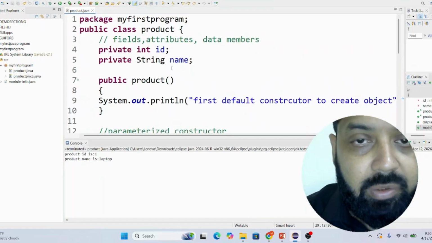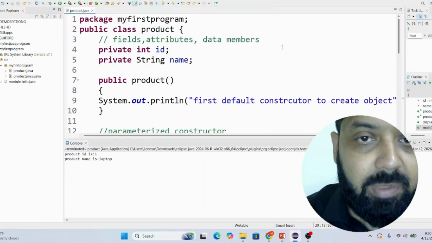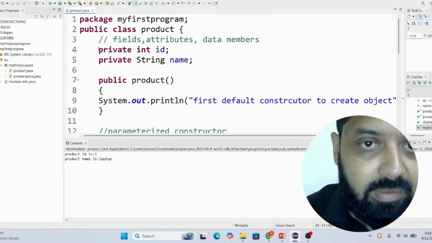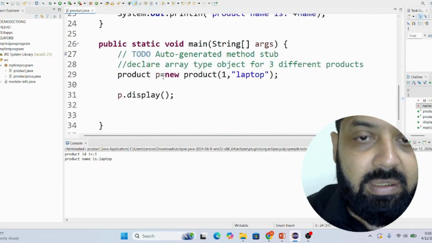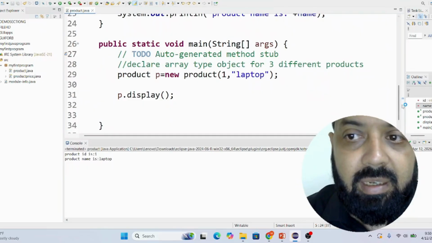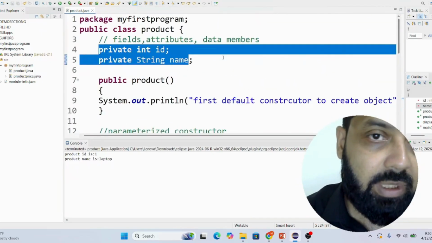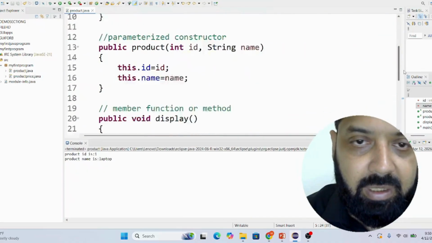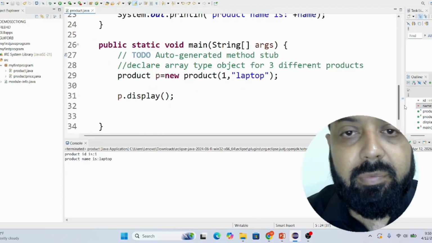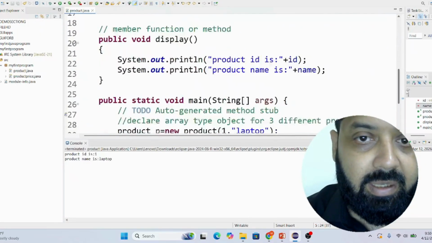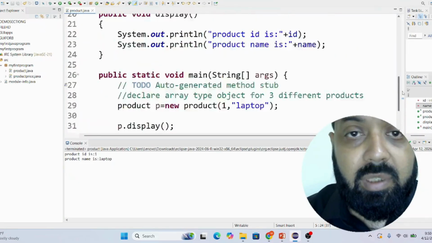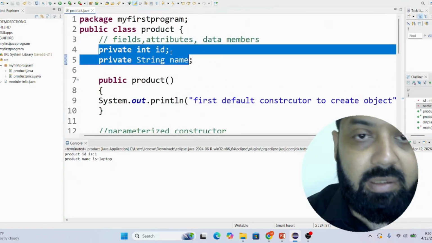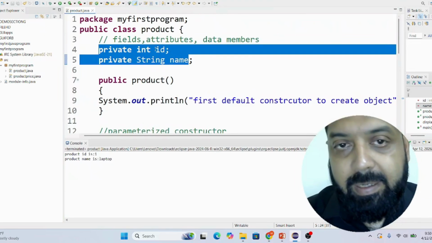First I am going to discuss the visibility of our data members. In this case we have private data members, and we have just one class. We have the main class as well, and you can see that this product class contains your main method in the same class. So it means we have just one class that contains our main function. And what about the private keyword? Its visibility is that whenever